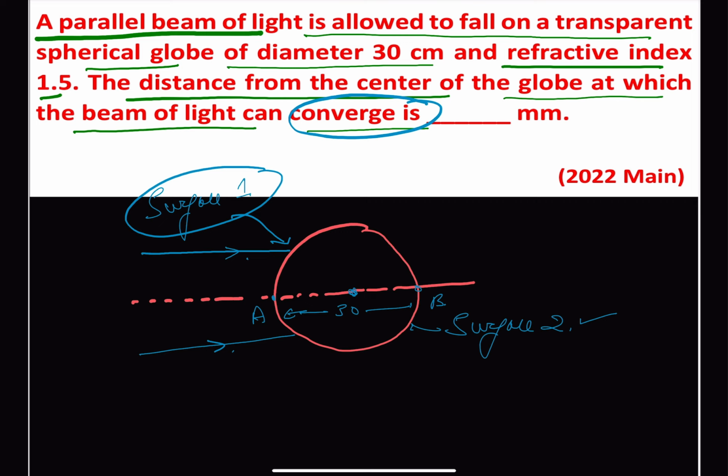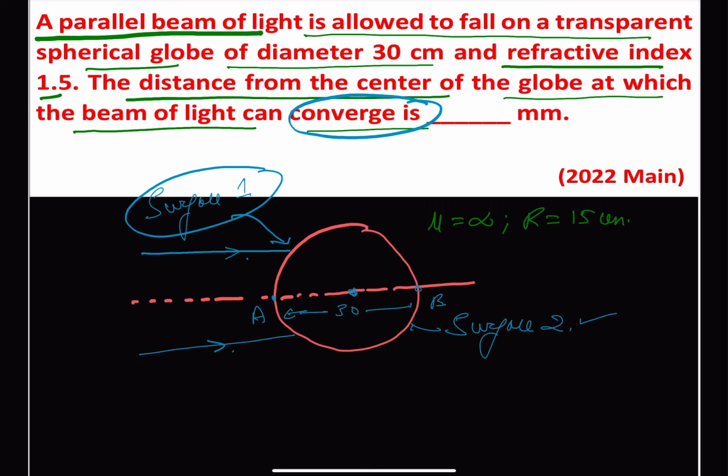We are given that the lights are coming parallel, therefore we can say our u, that our object, is at infinity, and we can find out our radius of curvature. The diameter is 30, so the radius of curvature will be 15 centimeter,